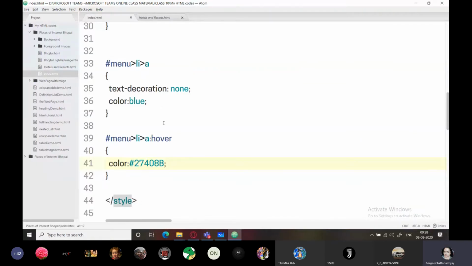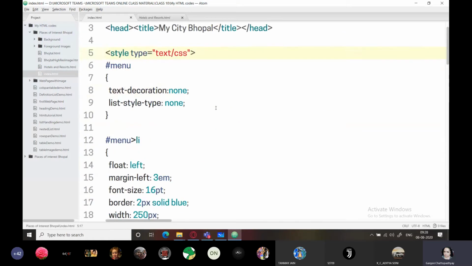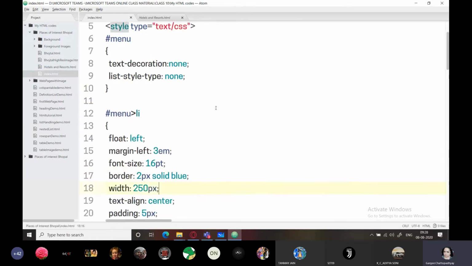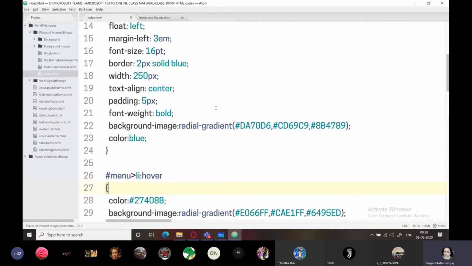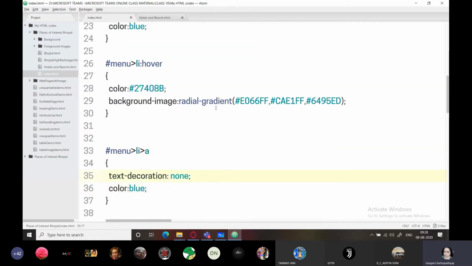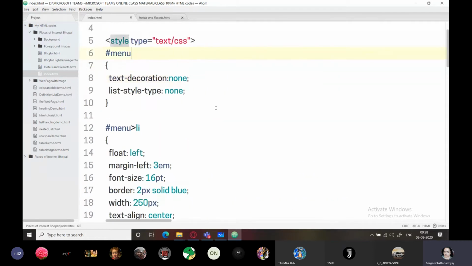I will send you this file index.html. You can take that and you can use it and you can study it whenever you want and you can apply it on your web page. It would take some time and some practice to get used to this, right? You can start with a simple one. That is, you can start with simply decorating your menu like this and then slowly you can move over to the next. So I'll just show you everything in a glance.